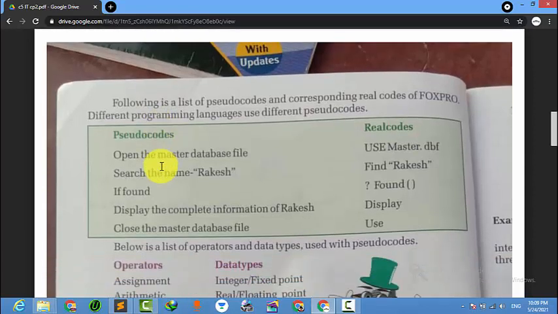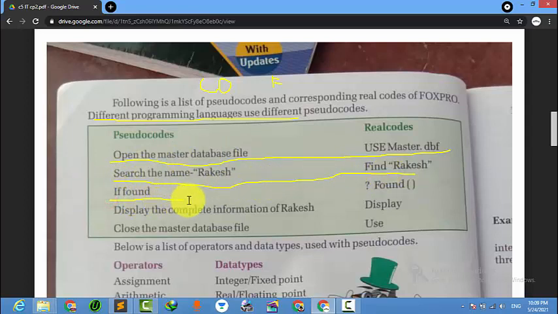There are different types of pseudocode, as different programming languages use different ones. There are different programming languages like COBOL, Fortran, then BASIC, right? We have studied about them. Suppose BASIC is using this type of pseudocode, and COBOL is using this type of pseudocode.